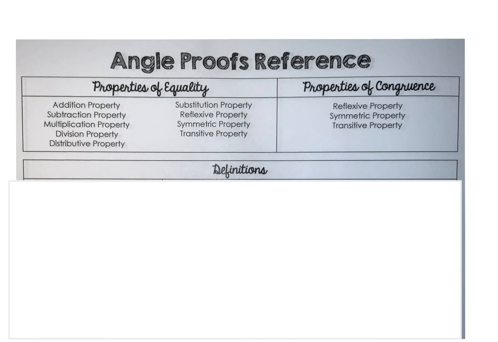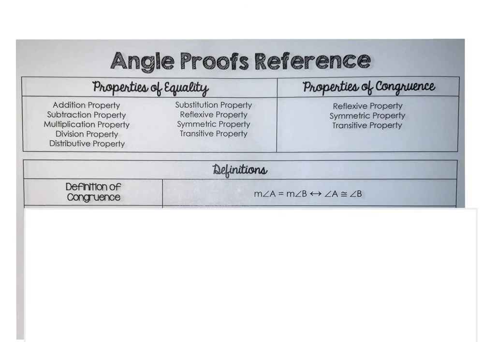And then properties of congruence. Reflexive, symmetric, and transitive also work for congruence. Then we get into some definitions here. The first definition you should be familiar with just from our segment. It works with angles as well. If the measure of angle A equals the measure of angle B, then angle A is congruent to angle B